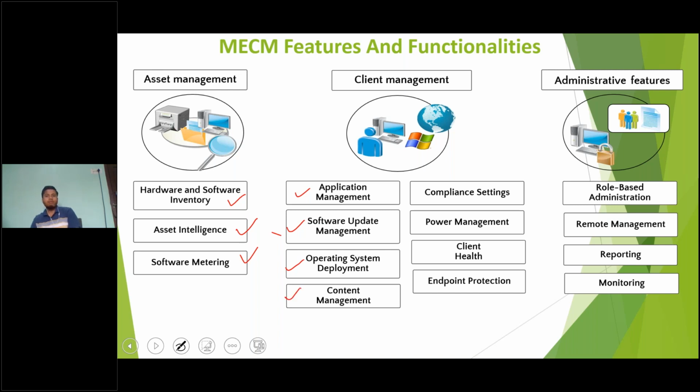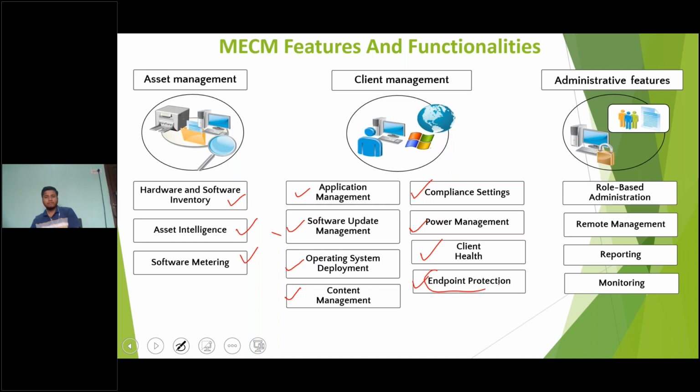I can do content management. I can find out how many systems are compliant, non-compliant using SCCM. Power management, client health. It is going to give you the status of the client, whether the client is healthy or unhealthy. Endpoint protection to secure the devices.